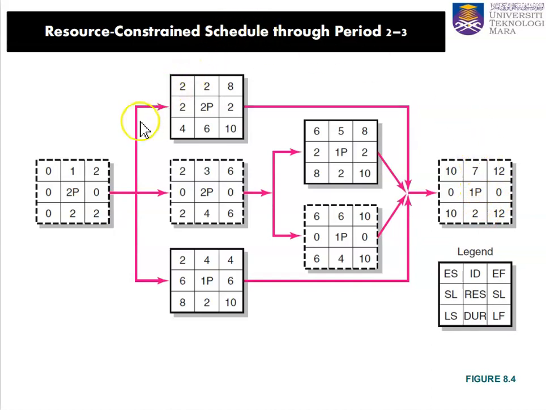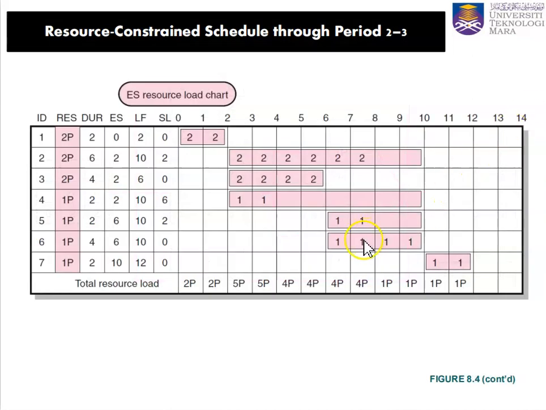So we will have 3 parallel activities at one time after we finish activity 1, which are 2, 3, and 4. Whereas activities 5 and 6 are dependent on activity 3. They can only start after activity 3 finishes. Okay. Then activity 7 can only start after all the activities 1 until 6 finish. Okay. So we can start the load chart for the earliest start of the